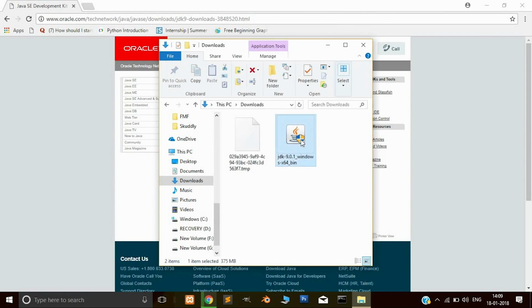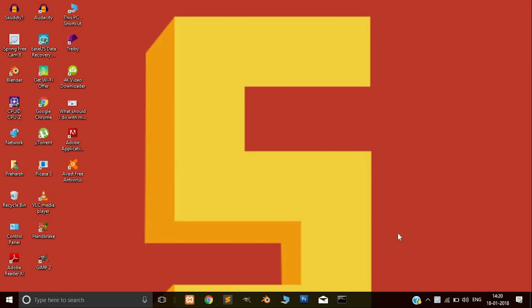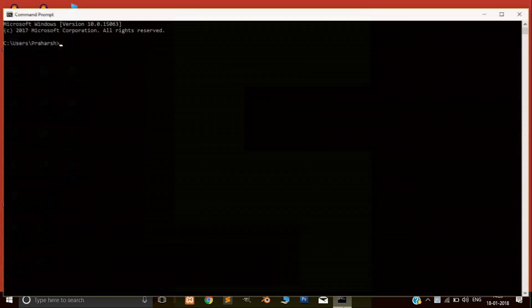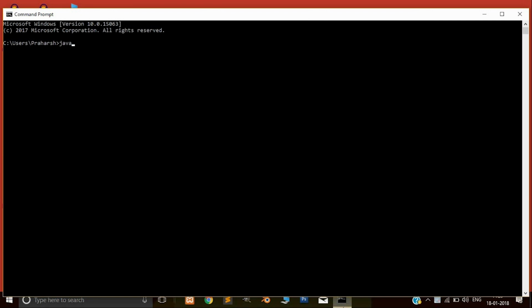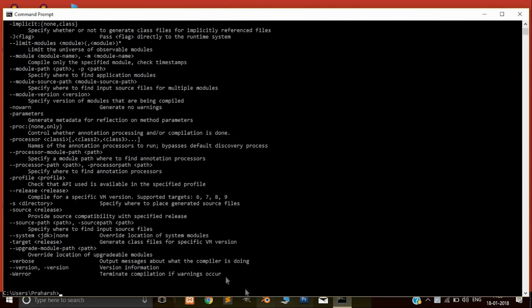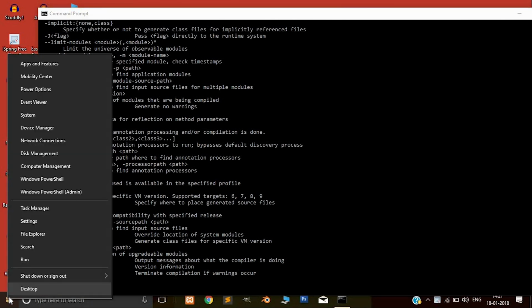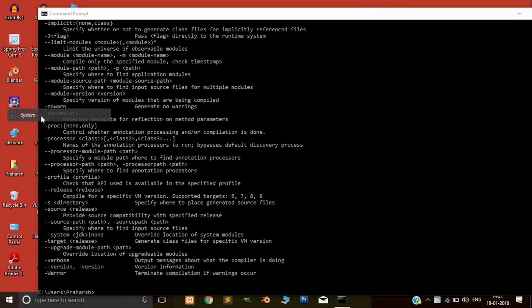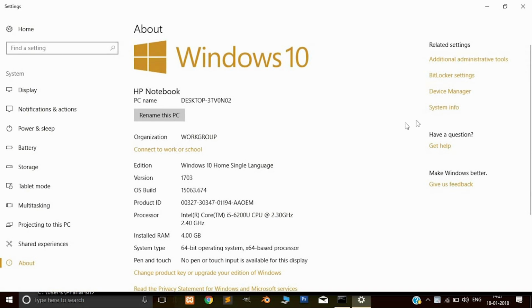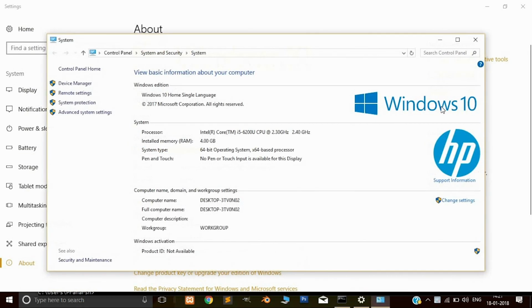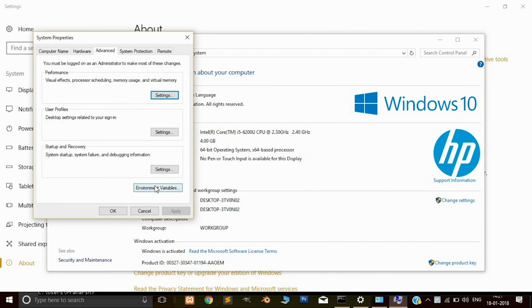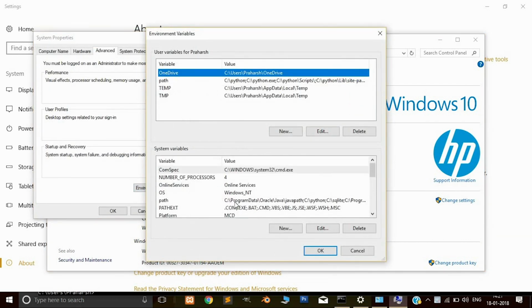It's fairly easy. And after you've installed, go to your terminal and type a command javac. Now I got this message, but the message you'll get is that it is not a recognized command. So don't worry. Right click on the start button, go to system, go to system info, click on advanced system settings, environment variables, on path,